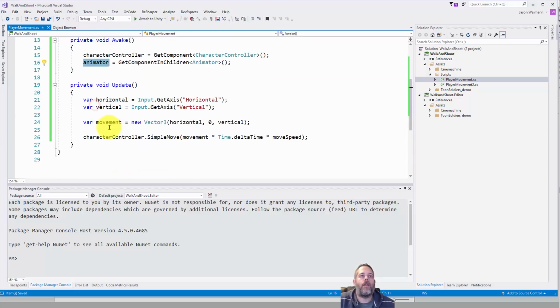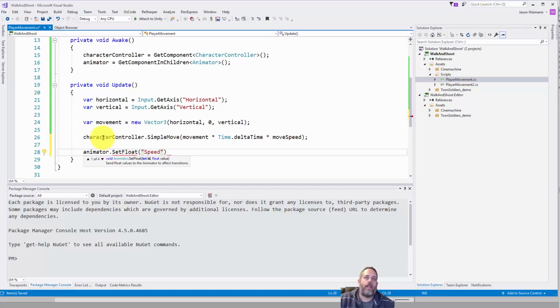All right, so down here, right after we do the movement, let's just add another space here, and we call animator.SetFloat, and we're going to pass in the name of the float. Again, case sensitive here, so I named it speed with a capital S. Yours has to match whatever you named it. So I'm passing in speed, and the value I'm going to pass in is actually going to be